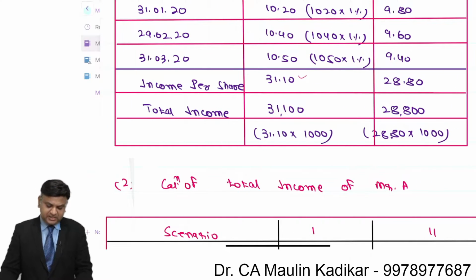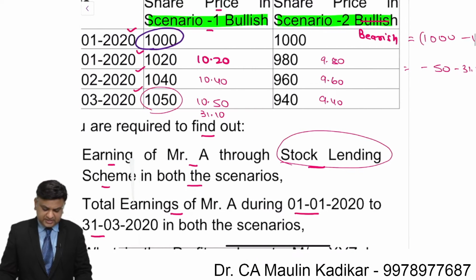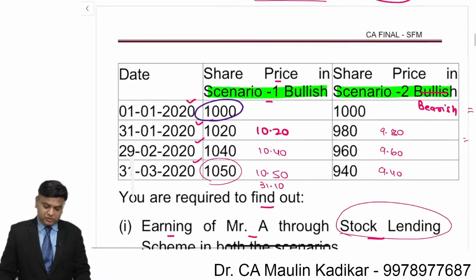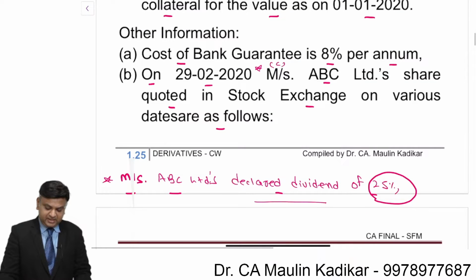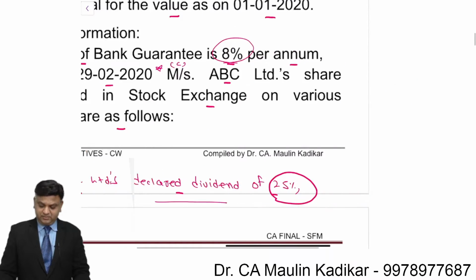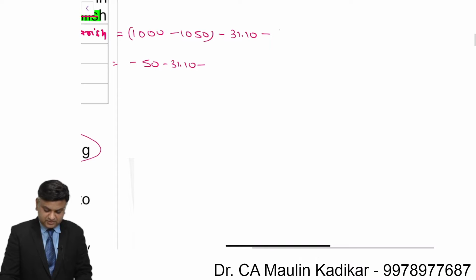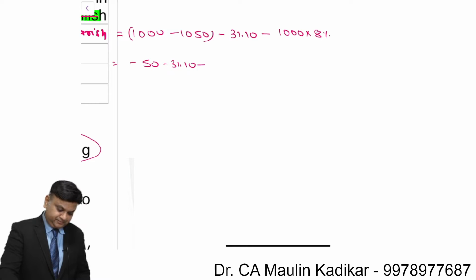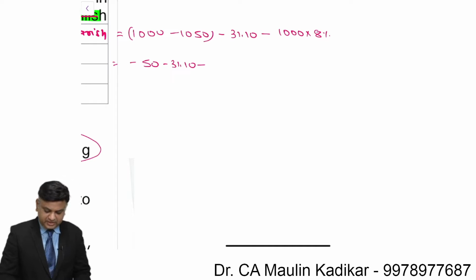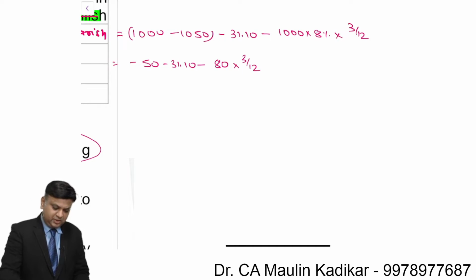In addition to that, you are required to make the payment of the bank guarantee charges, because the lender wants an assurance that you will not default in refunding of the stock. So you have submitted a bank guarantee which has a cost of 8% per annum. The language of the question is very clear, so it is 8% and it is on a per annum basis. So 1000 into 8%, that comes to 80 rupees. However, you have obtained the bank guarantee only for a time period of 3 months. So into 3 by 12, that is into 0.25, so it comes to 20 rupees.